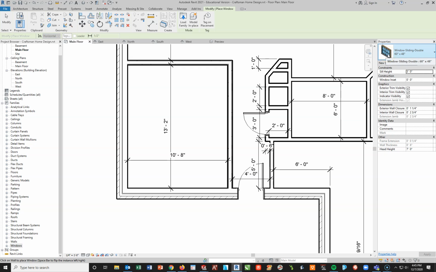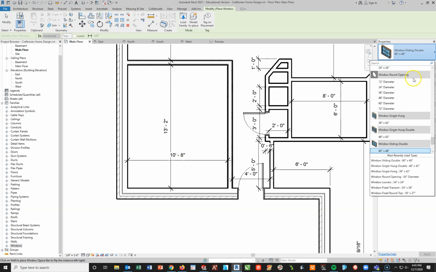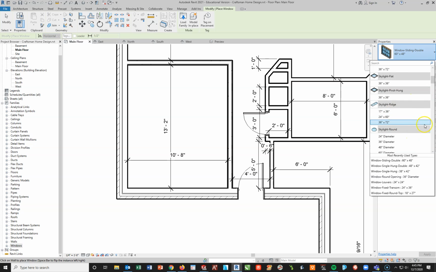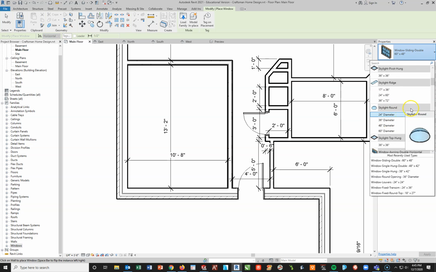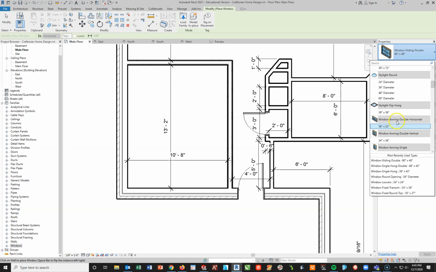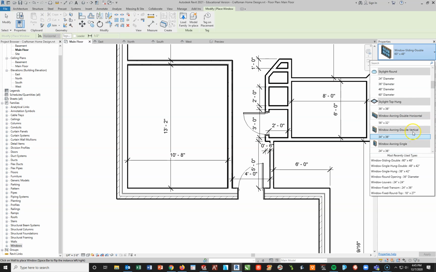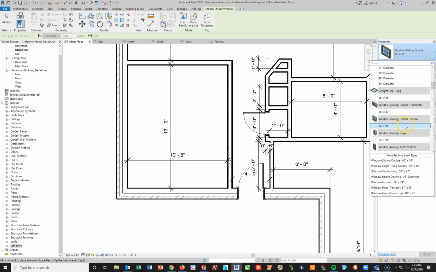So right here, what I got here is a sliding double window. I think we have different windows that we can choose from. Yep, you got different round openings. You got windows single hung, double. I'm going to go here and do some modification. Looks like we got a whole bunch up here. You got fixed, skylights, skylight ridge, just all the ones I've loaded in, skylight round, skylights, window awning, double horizontal, double vertical,